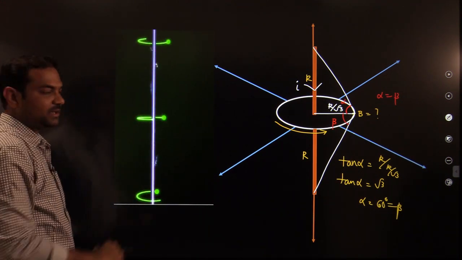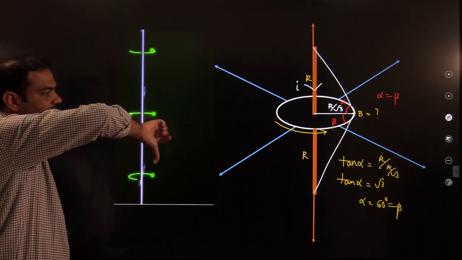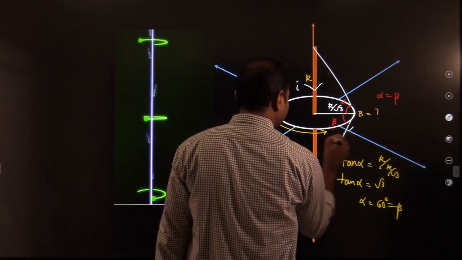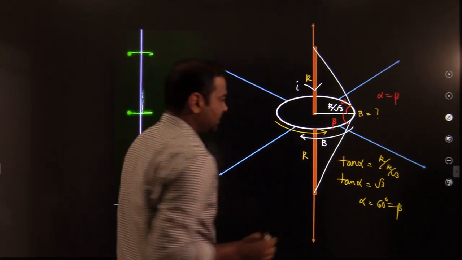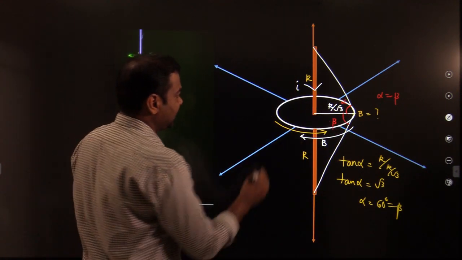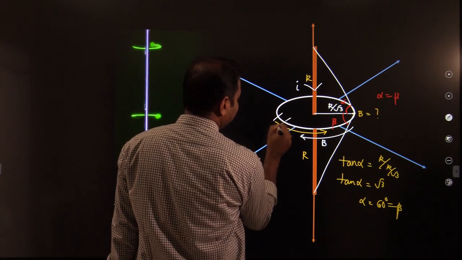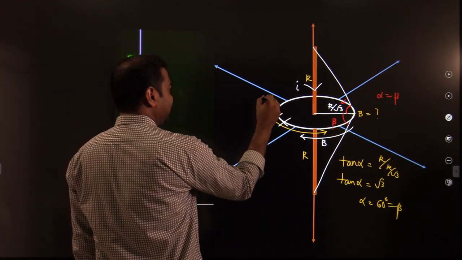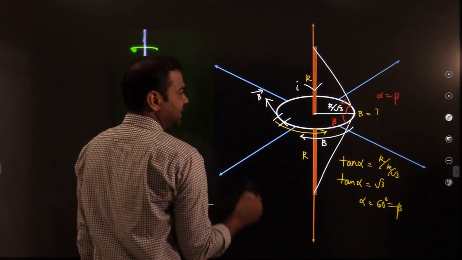In a similar way, you will get the magnetic field direction also. Okay, so the magnetic field direction you will get in this way. But the sense in which you are finding the line integral is opposite to that. So if I take any small part over here, how is the magnetic field? The magnetic field direction is tangential to the field line.